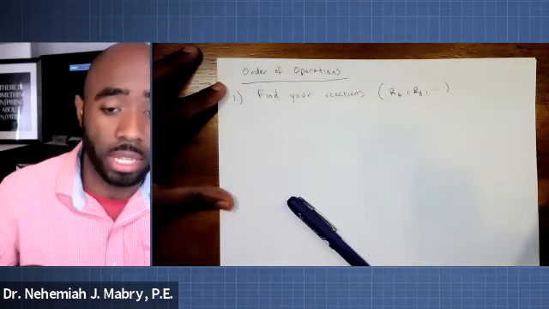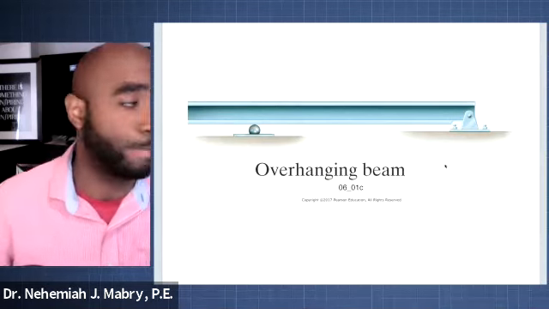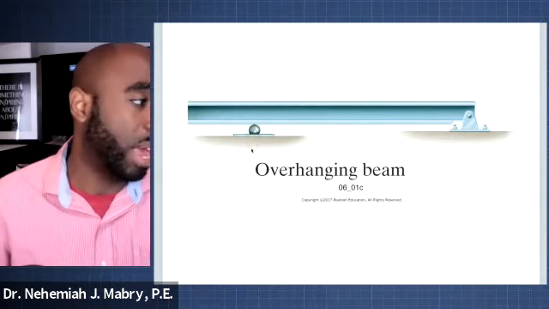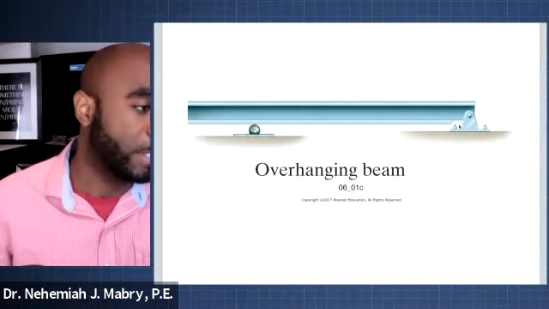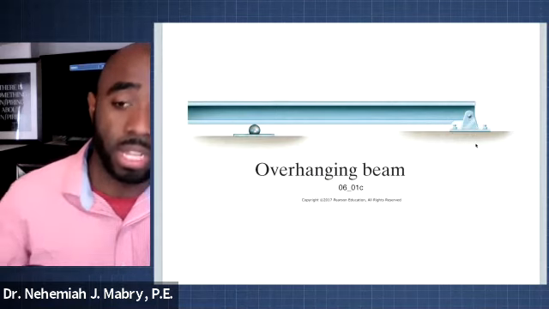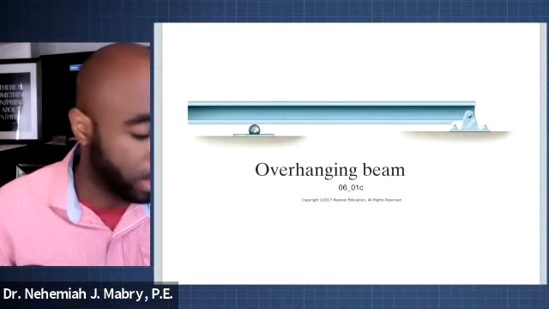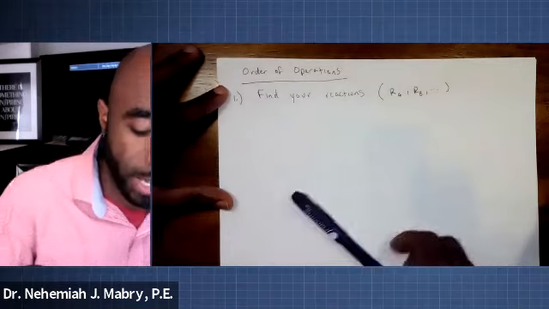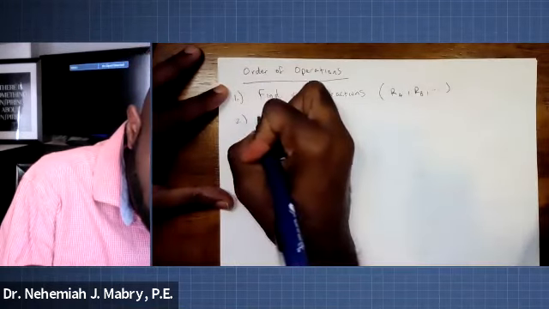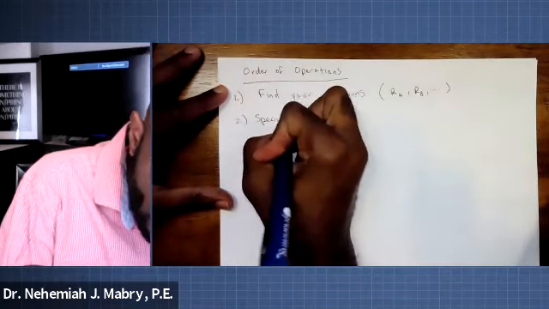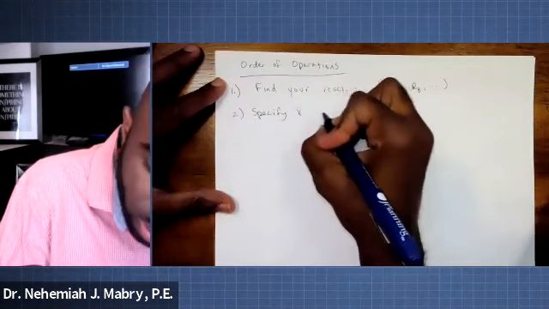If we were to look at this particular beam right here on the screen, we want to know if this was A, what is the reaction at A? And what is the reaction at B? So that's step number one, find your reactions. Step number two, specify x coordinates